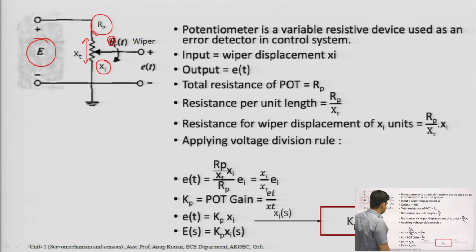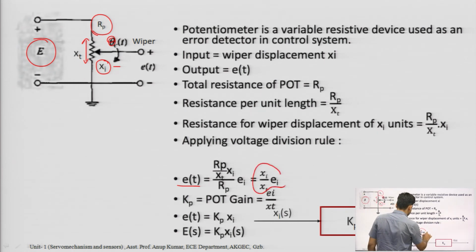E. So, if you write this equation, it is given as E p equal to R p over x t divided by R p multiplied by x I. So, x I is the input displacement, x t is the total displacement available in this potentiometer. If you solve it, you will get an expression like this, where K p is the pot gain, the potentiometer gain, given by the expression E I over x t, or E t equal to K p x I, or if